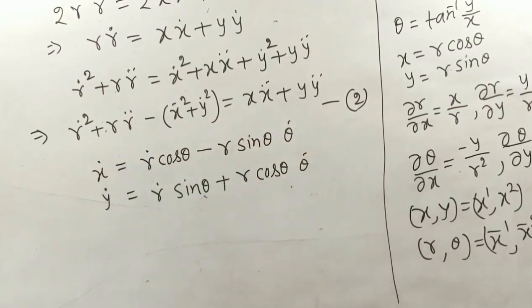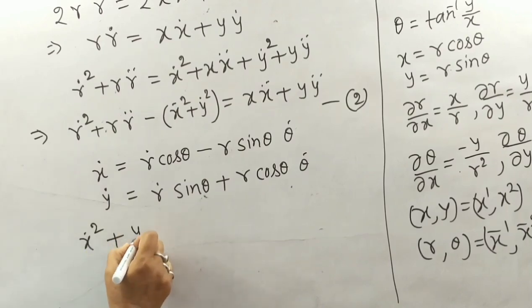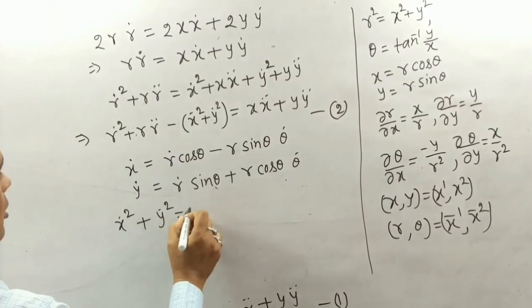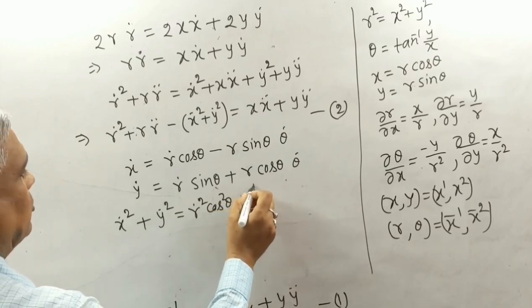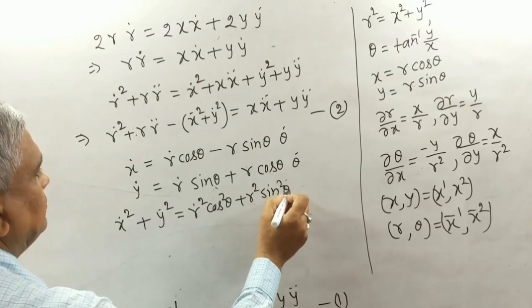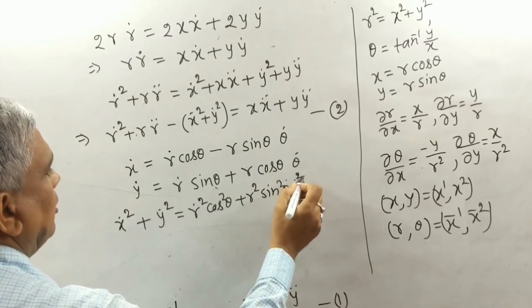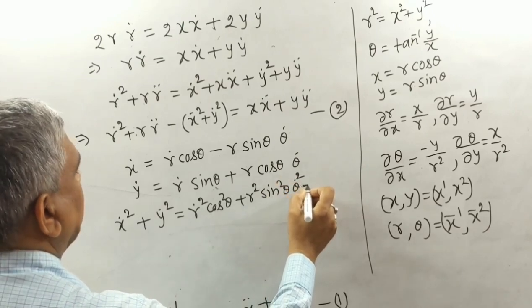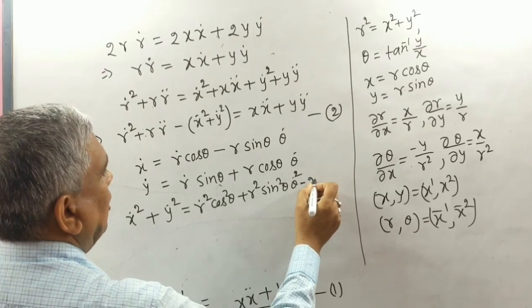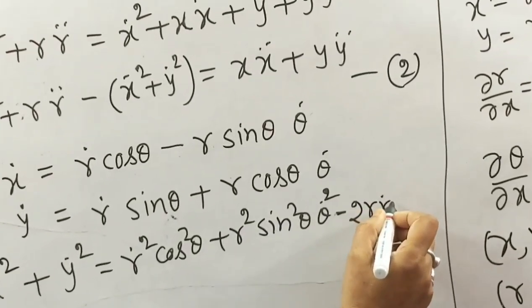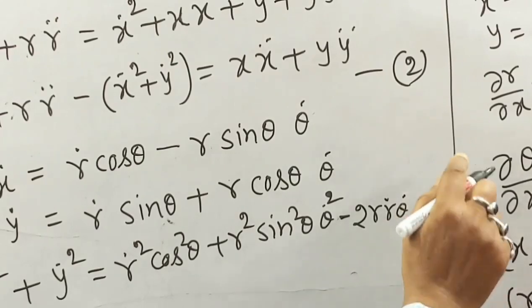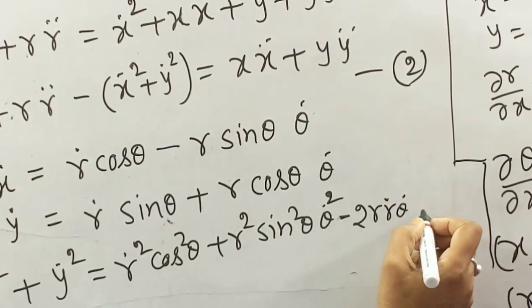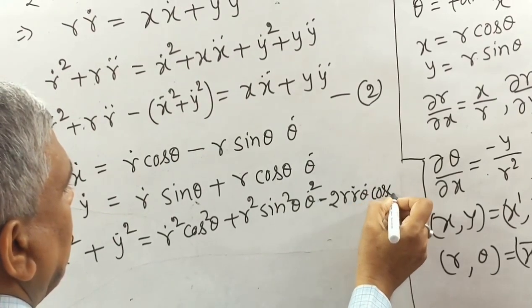Squaring both equations and then adding, we get x dot square plus y dot square equal to r dot square cos square theta plus r square sine square theta, theta dot square, minus 2 r dot theta dot into cos theta sin theta